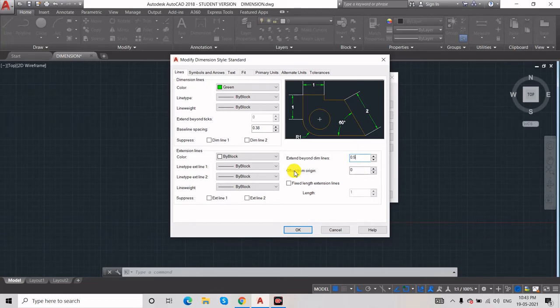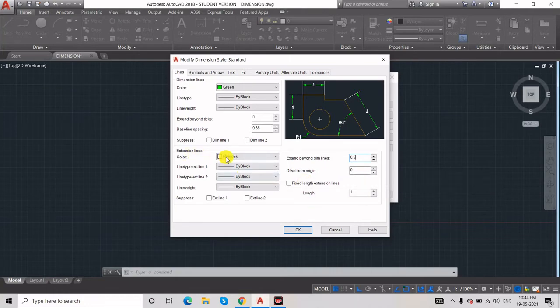Okay, and then offset from origin means from this origin point, from here to here, how much you want the extension line to be. So always keep it as 0 only. Why? Because suppose you give some offset distance from here to here, and sometimes you take the dimension in another direction, what will you do with this point? Some error may happen. So you keep it as 0 only, so it will attach to this line, so there is no chance of getting an error. So that's why you always keep it as 0 only.